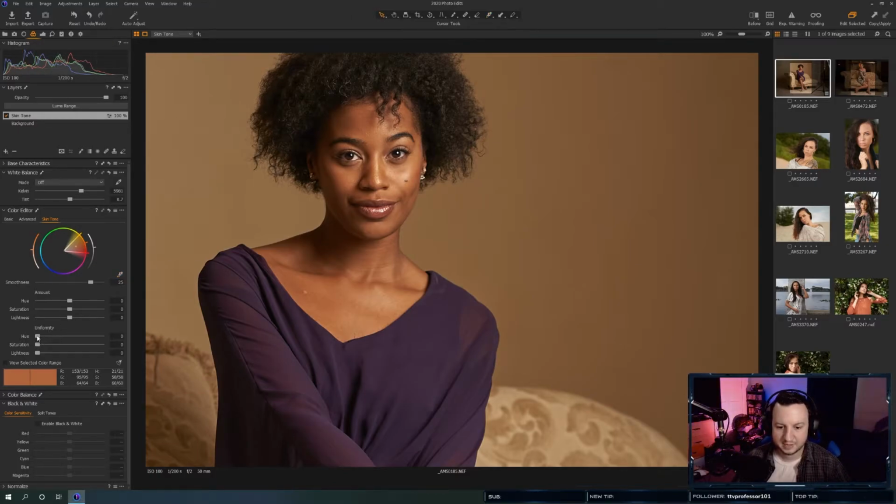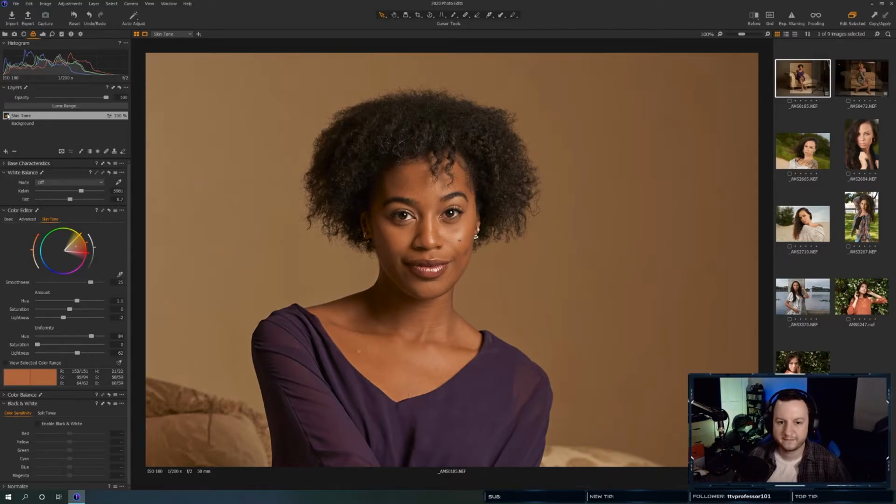All right, so we have that. So now we're going to use our uniformity sliders. I don't know how well you can see it on screen, but see how it's yellowish here compared to here where it's red? This slider is evening those two skin colors out. And then we're going to move her skin a little bit more towards the yellow side, just to help balance it out. I don't want too much red in her skin. We are not going to lighten her skin. I may darken it a bit, but then we're also going to help uniform the shadows together. All right.